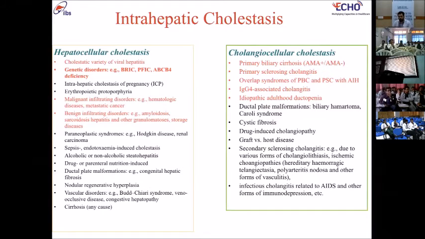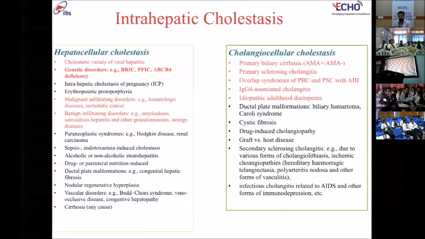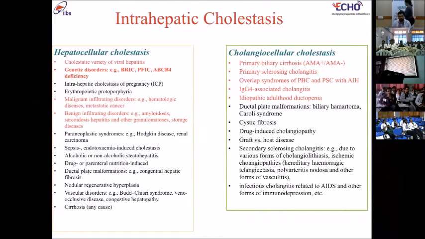And the cholangiopathies we commonly see are primary biliary cirrhosis, primary sclerosing cholangitis, then IgG4-related cholangitis, then the ductopenic syndromes, which are commonly seen due to drugs, cystic fibrosis, then ductal plate malformation, hamartomas, Caroli's, drug-induced cholangiopathies, GVHD, and secondary sclerosing cholangitis, which can be seen due to ischemic changes, then vasculitis, and can be seen secondary to HIV and